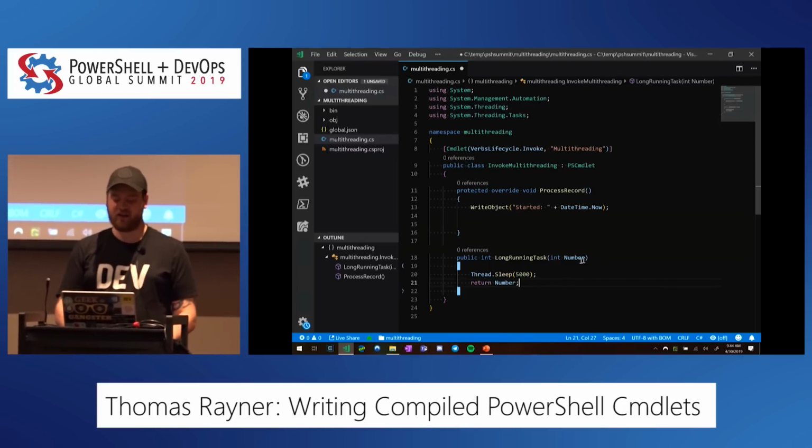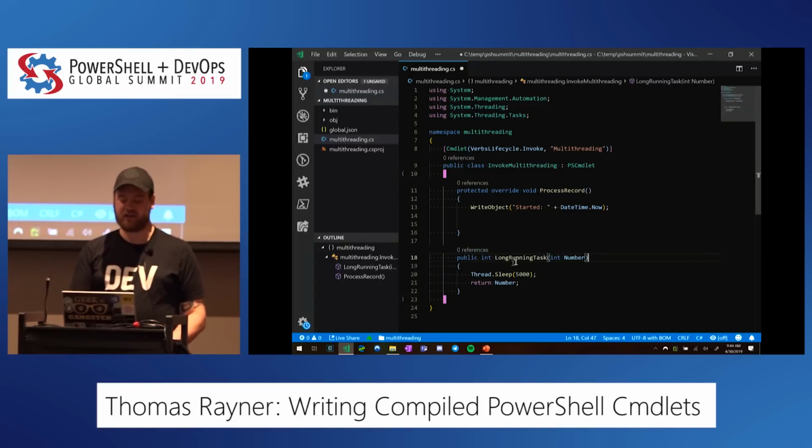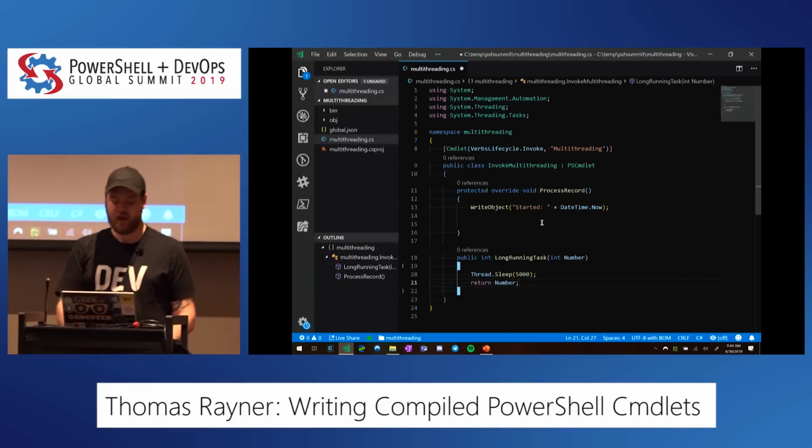So this long-running task is a method. It's like a function. It's called a method because it's in C# land. And it's called long-running task. It's going to return an integer, and it's going to take in an integer. And so the integer it returns is the integer it receives. All right? And now what I'm going to do is do what that comment instructed me,